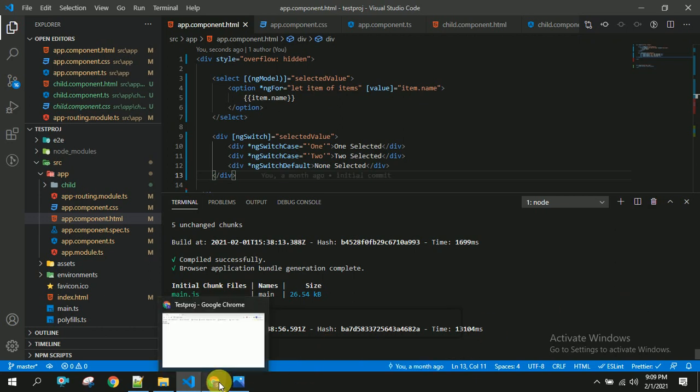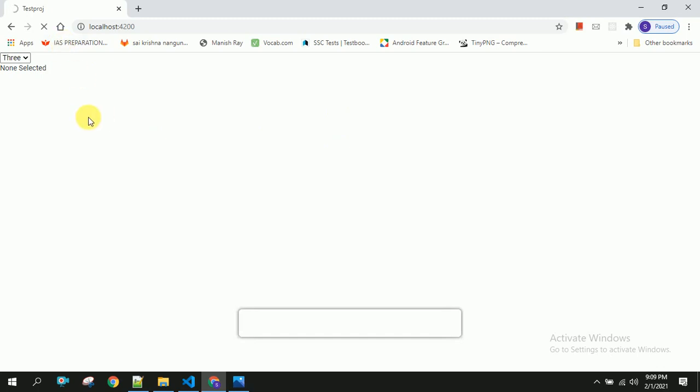Now we will head back to our browser to check whether it's working or not. So you can see here, if user came to our application for the first time, it will be empty, so we have shown none selected, and if you have selected anything, particular thing will be shown, and 2 selected, and if you have selected other than 1 or 2, we are showing the default case.